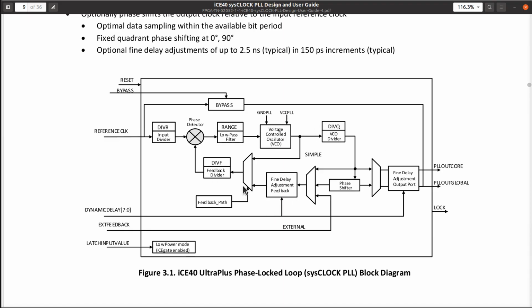And it's really useful. But as you'll see, if you want to use a global buffer, you have to tweak it, and you have to understand what's going on. That'll be a great example of why you need to look at both of these documents, because neither one on its own gives you the full picture. Okay, so we're going to ignore the phase shifter and the fine delay,